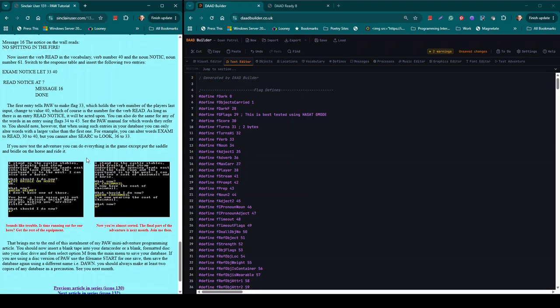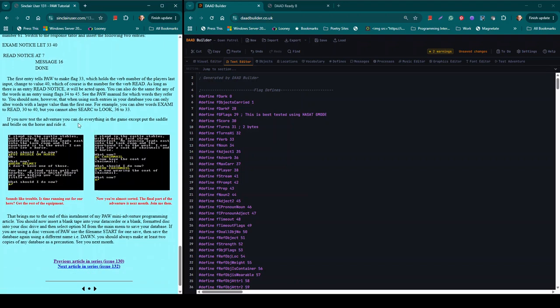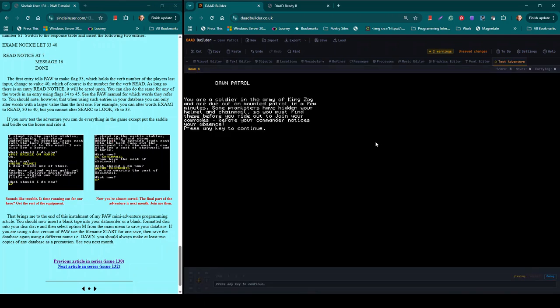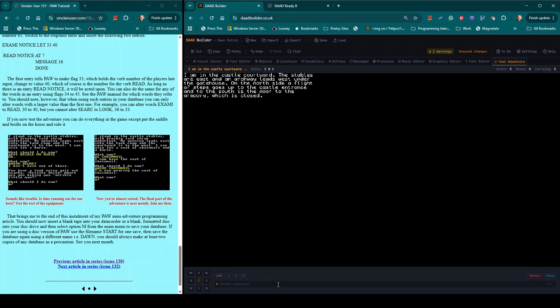If you now test the adventure, you can do everything in the game except saddle and bridle the horse and ride it. Okay, so if we now test that adventure, we should be able to see if we can do that with notice. Let's go west, and we're going to go north. We should be able to read the notice, and we should also be able to examine the notice. And both of those work. Okay,